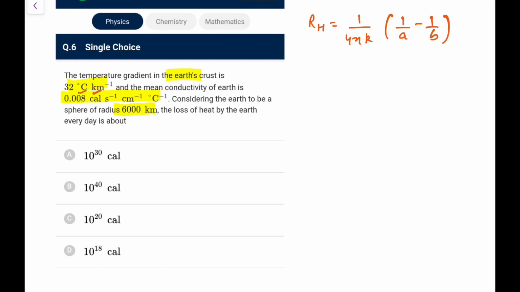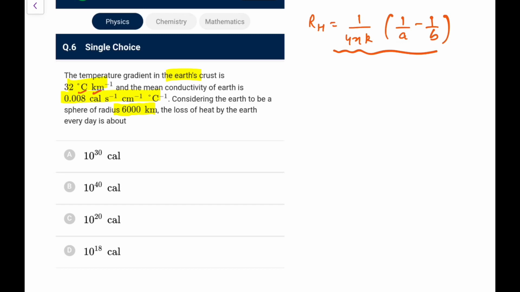So here if I use this, what we will get now, because this r1 is tending to 0, so typically it's become very tough to answer it. So it's tough to answer how we will do. It's because this is going to be spherical, you have this dT by dx equals 32 degrees Celsius per kilometer, but I can't make out from this formula.